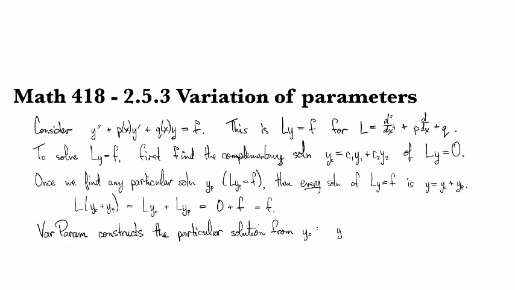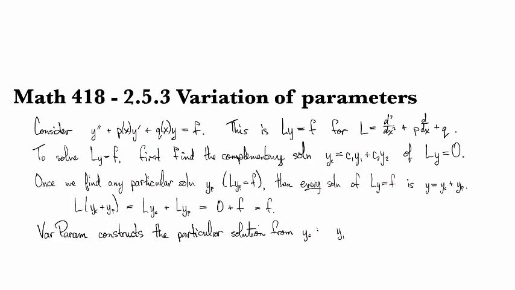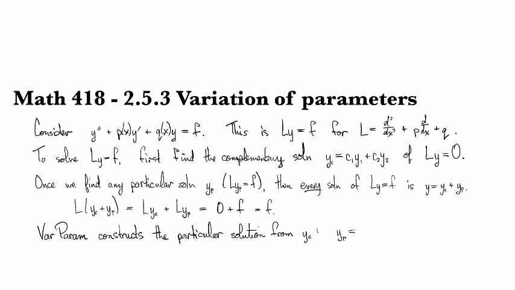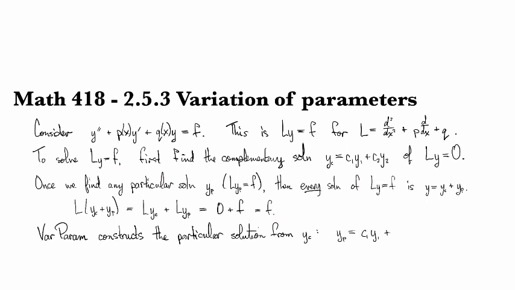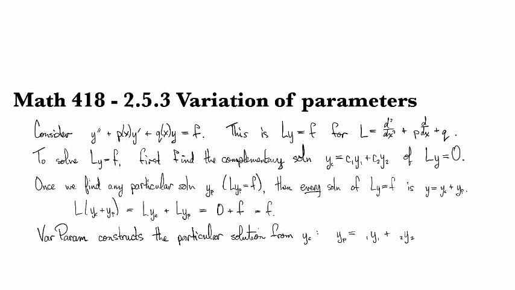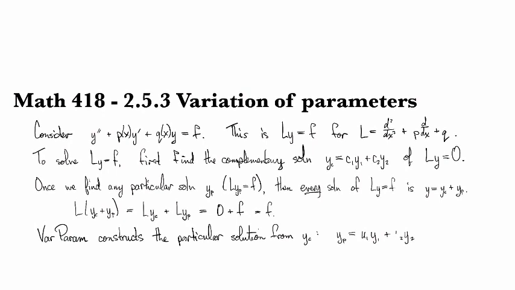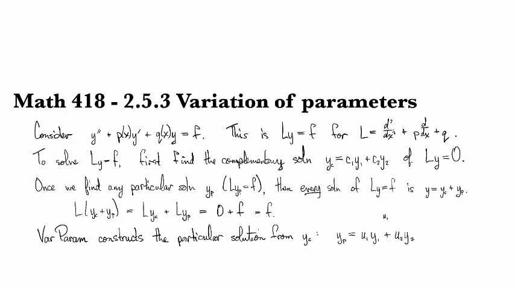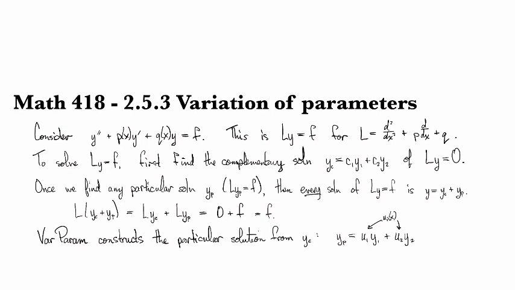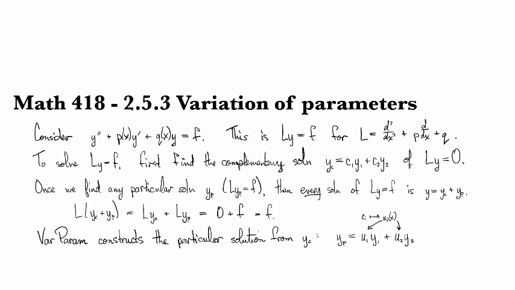So what you do is you say, well, the original thing that we got for a complementary solution looked like c1 y1 plus c2 y2. And then the idea is, let's replace these constants c1 and c2 with functions. So now u1 and u2 are allowed to vary with x. So this is the variation. We've just allowed the parameters ci to vary by replacing them with ui's. Okay, and so then